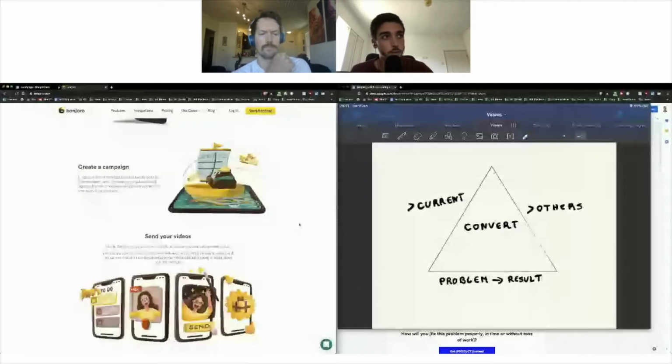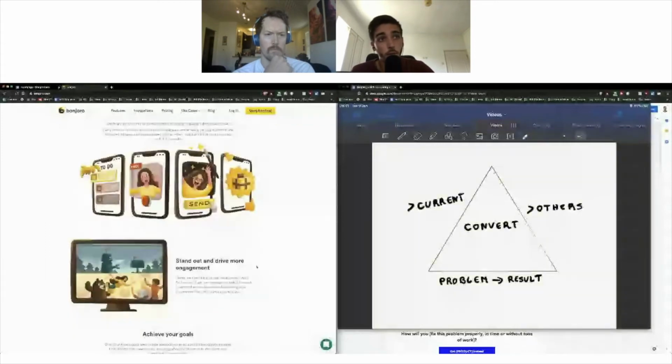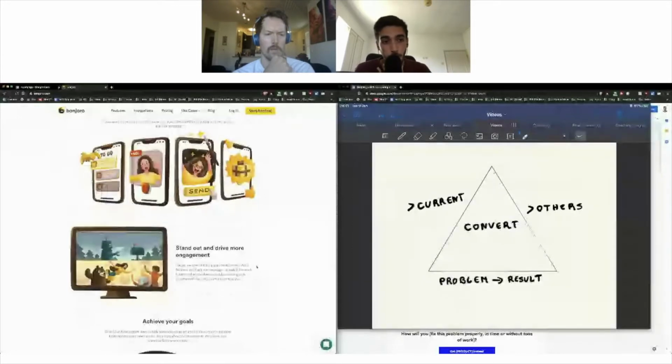That's what's really useful. And then when you say create campaigns, these illustrations are really good, but they don't show me what that campaign would look like, then sending the videos and so on and driving more engagement. It's kind of unclear what this all is going to look like and how it's going to affect my bottom line, right? Yeah. And the thing that you guys are not covering about this, the current thing that they're using and so on, is